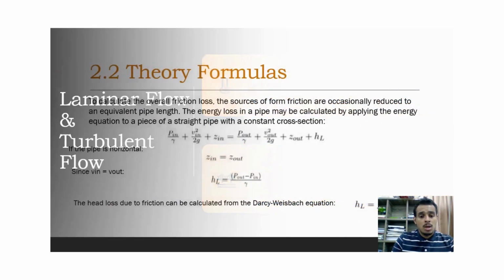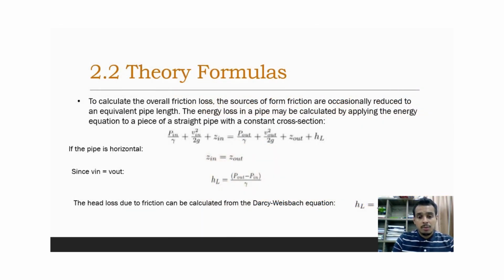So going to the second part, the theory formulas. To calculate the overall friction loss, the sources of friction are occasionally reduced to an equivalent pipe length. The energy loss in a pipe may be calculated by applying the energy equation to a piece of straight pipe with a constant cross section, as in the equation. As well, if the pipe is horizontal, the head loss equation due to friction can be calculated from